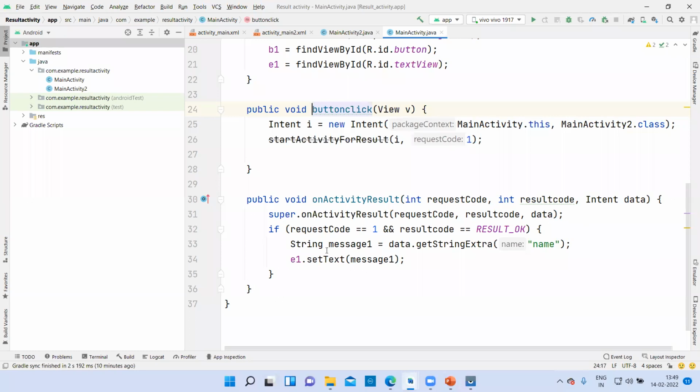Then String message1 is equal to data.getStringExtra with the key name, and whatever text has been entered is going to be displayed on activity 1. So you will say e1.setText(message1). This is done. So let us do activity 2.